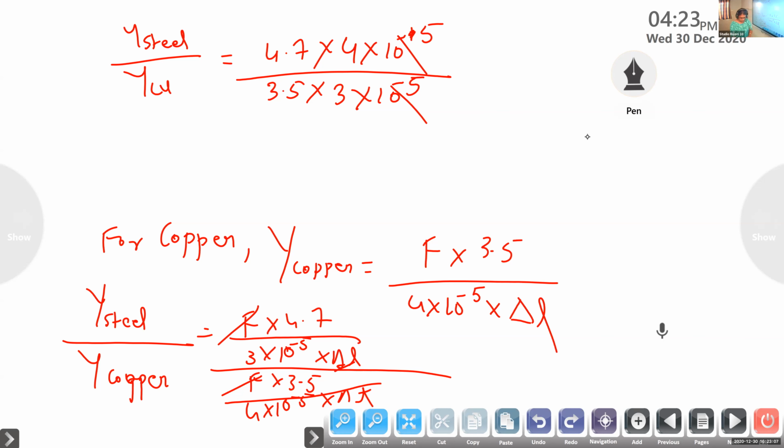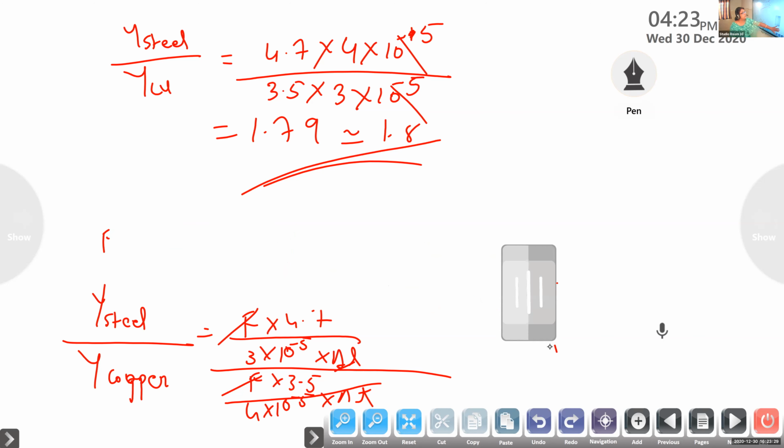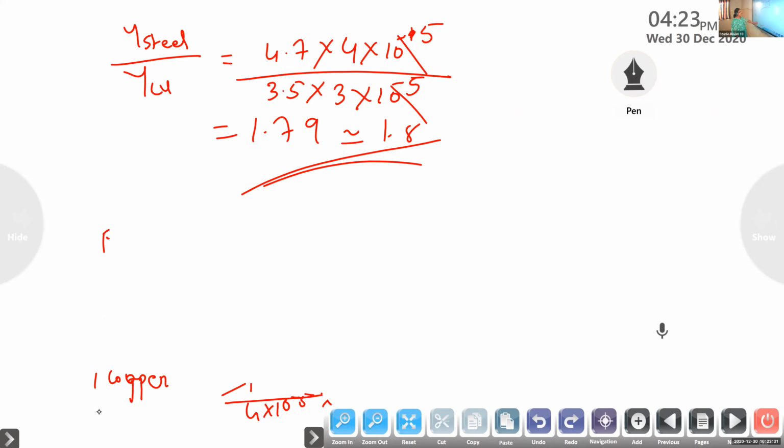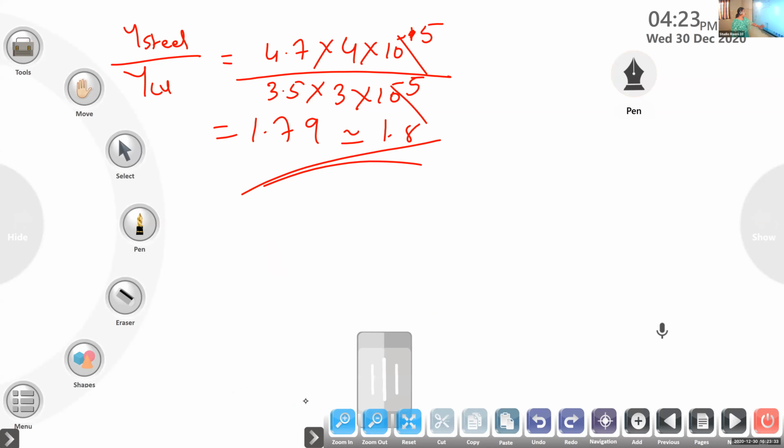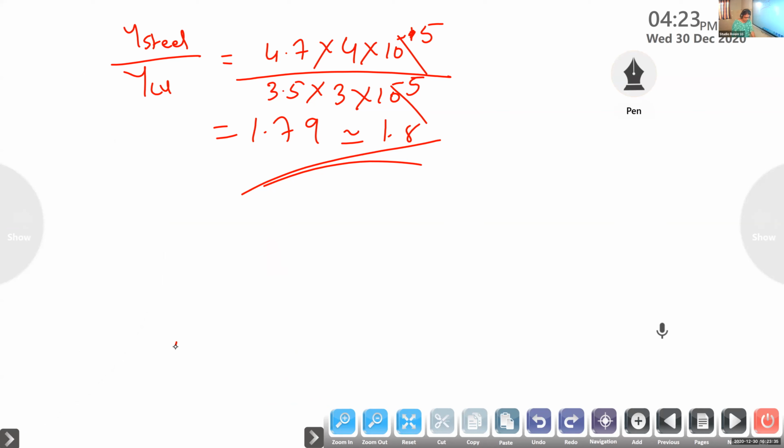Okay. So just check whether you are going to get the answer 1.79, because you can do it at home and see whether you are getting this answer. So approximately the ratio between both of them is 1.79. Okay. I hope you completed the steps. So that is one of the problems. So these are one pattern of the problem.